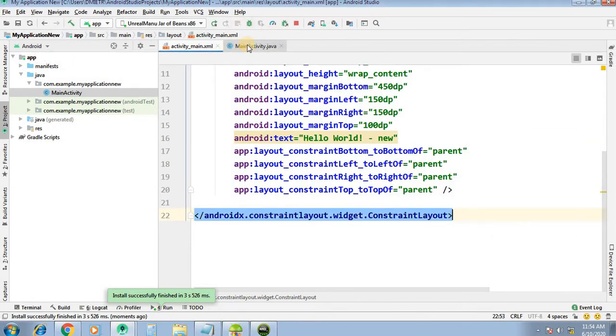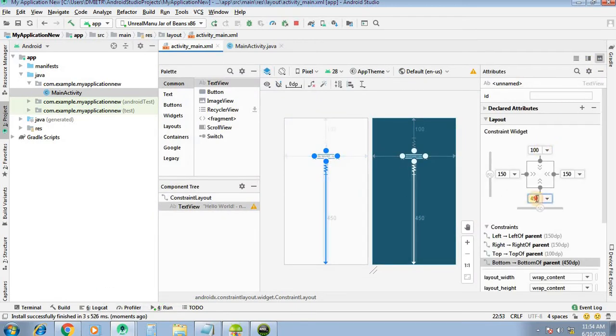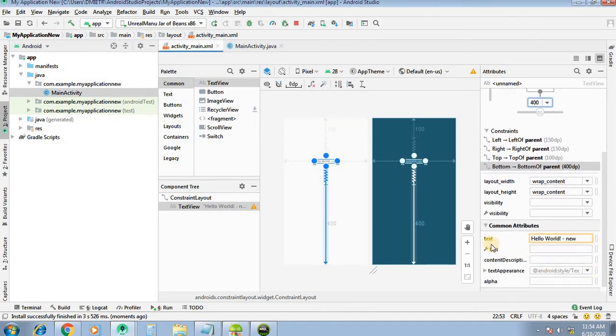So again you go to this view, and 400, I will modify that. Modify this one. You can change the text from here also with the common attribute text, hello world my new.